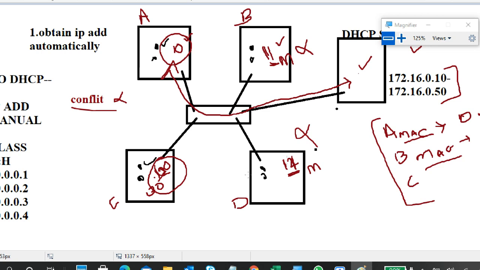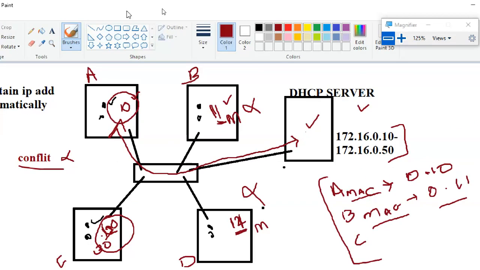If you assign the same IP to two or more PCs, a conflict will occur. If a conflict occurs, then you have to immediately find those PCs and change the IP address. Using DHCP, conflict won't occur. It will avoid the conflict. Even if you are using one of the PCs with a static IP, the conflict will be removed.